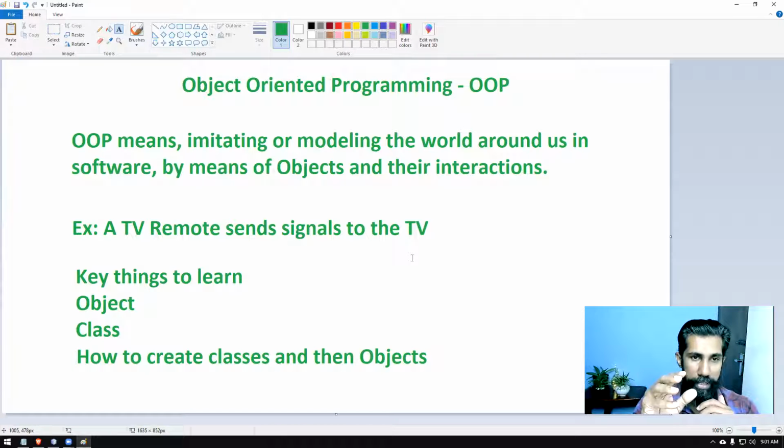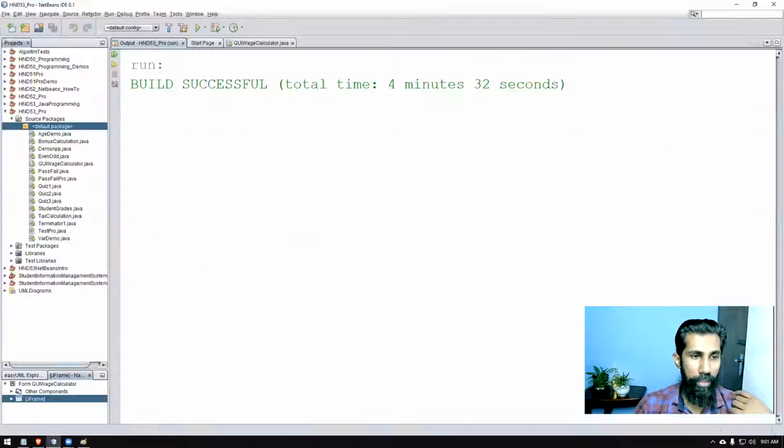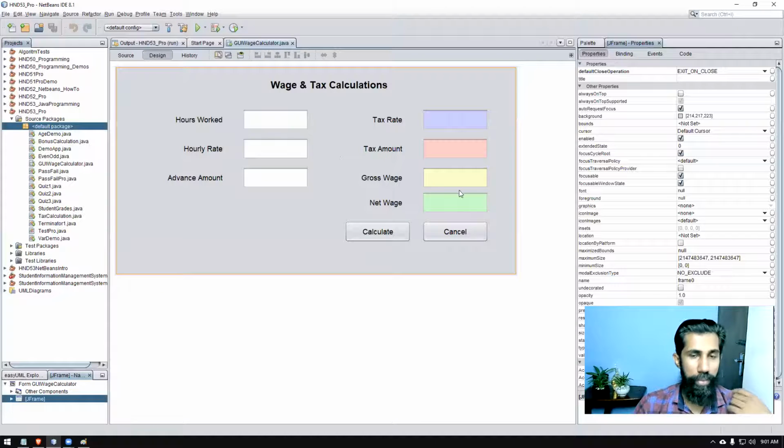Whatever events take place, it's going to respond. So that is another type of paradigm. It's totally different. A little while ago I demonstrated that GUI calculator program also. We just saw how it's functioning.